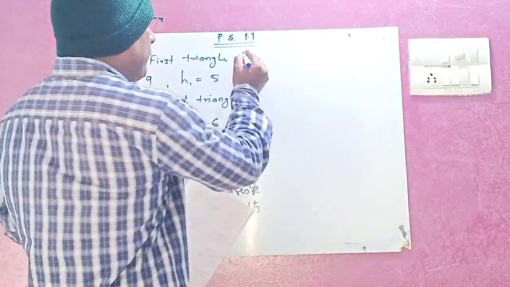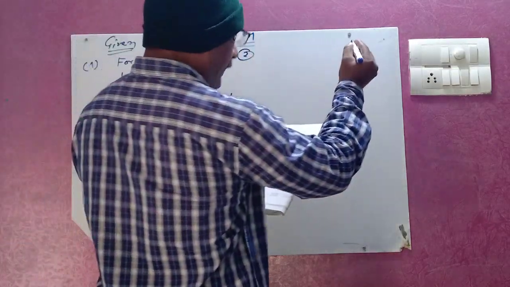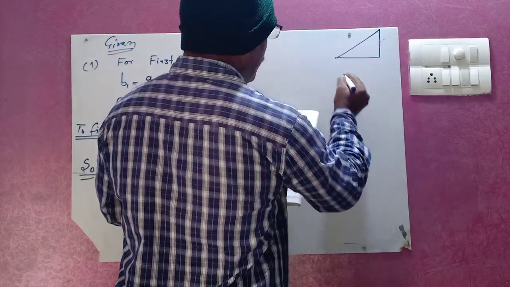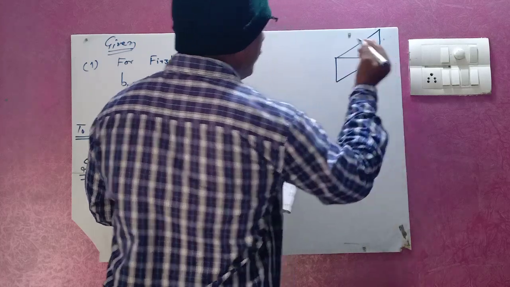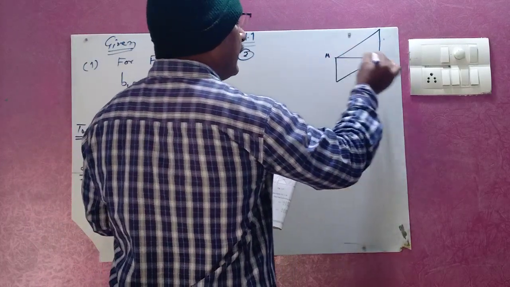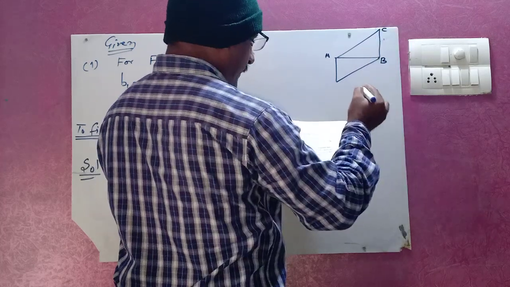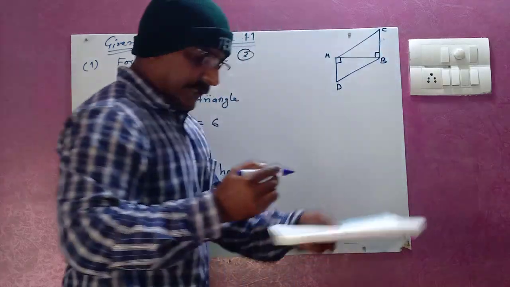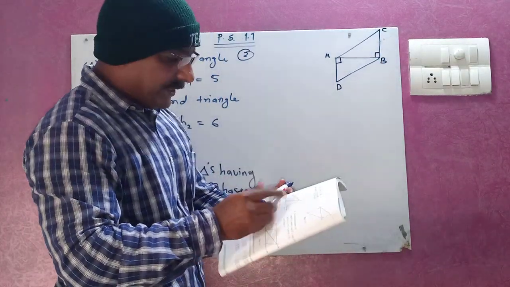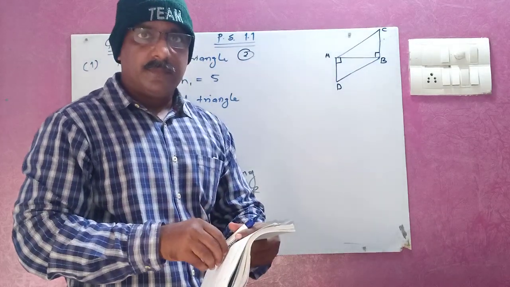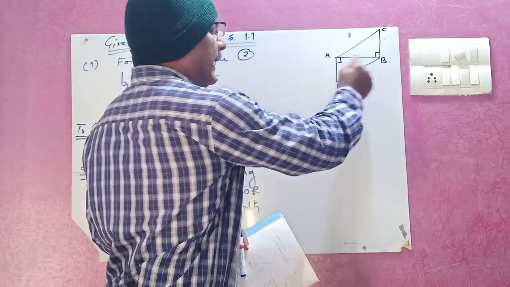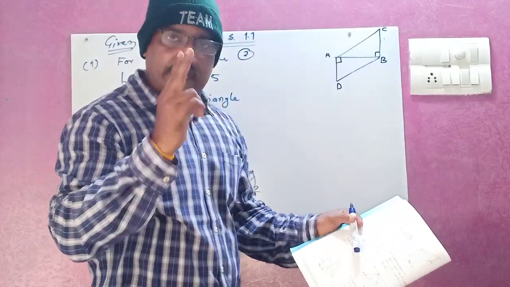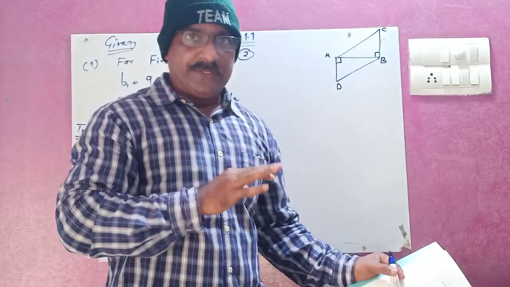So just turn the page and see question number 2. In this case, children, if you see the figure, here it is given like this. Here it is A, B, C, D. This is 90 degree, this is 90 degree. Then who will tell me how many triangles are here? Yes, correct, 2 triangles, ABC and DAB. There are 2 triangles, right?